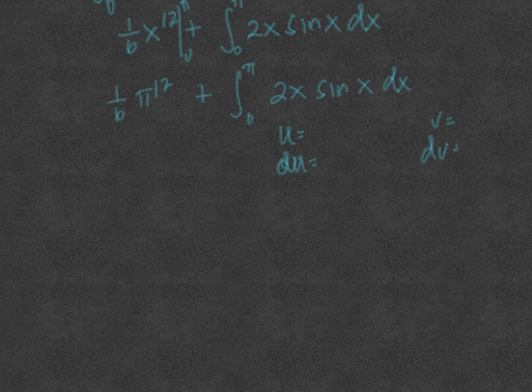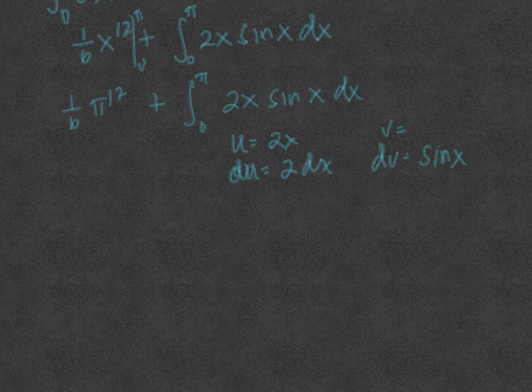So our u is going to be 2x, and the derivative of that is... I'm sorry, it's not x, it's 2 dx. And then dv is everything else, which is sine x dx. And the antiderivative of sine is negative cosine of x plus c. So I'm going to wait and bring down that 1/6 pi over 12